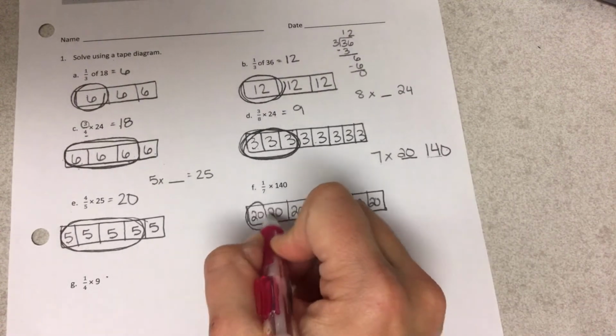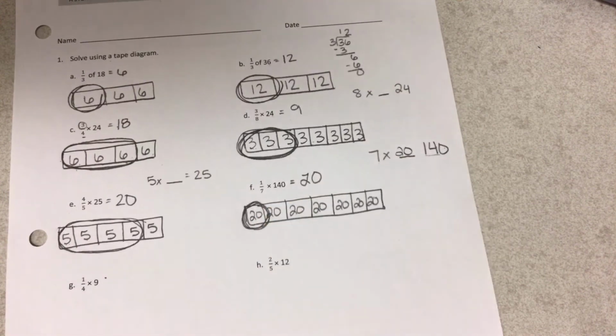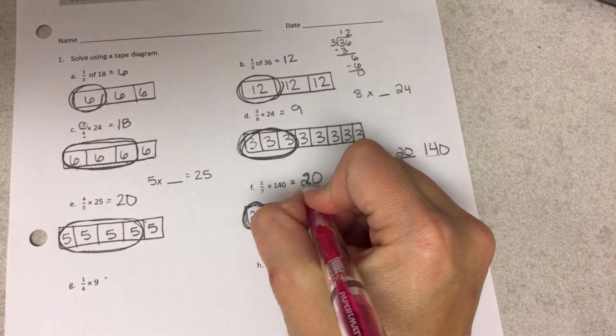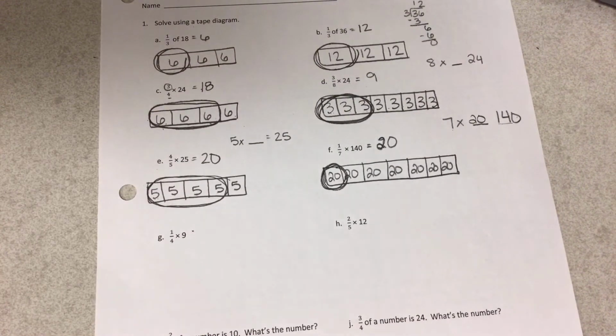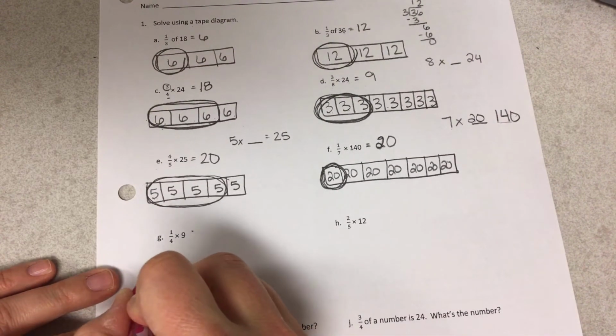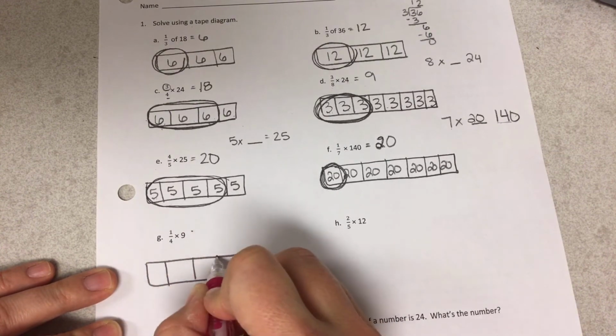Okay, 1/7 of 140 is going to equal 20. Okay, sorry, that 2 is a little different. Weird, I was going to write a 7 for some reason. All right, so down here on letter G, this is going to be a little different, because I have 4